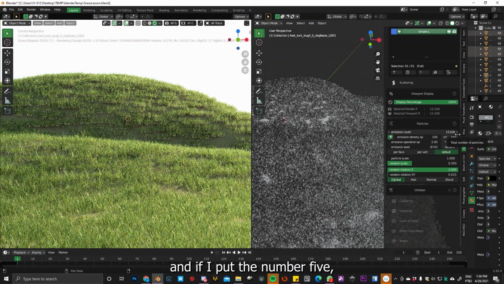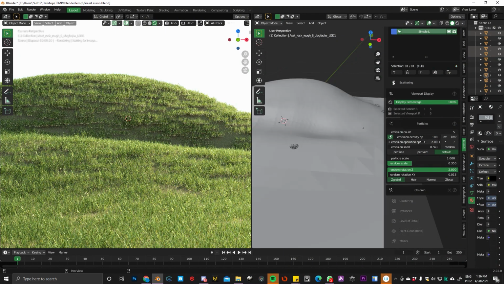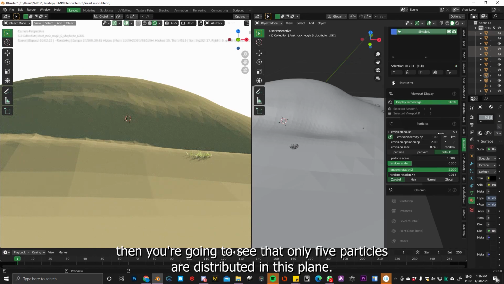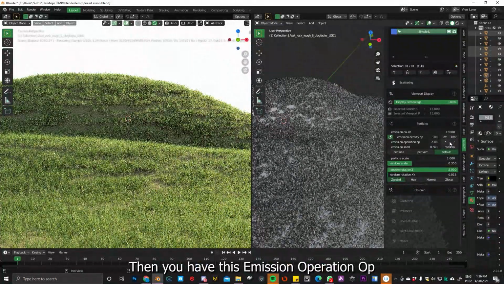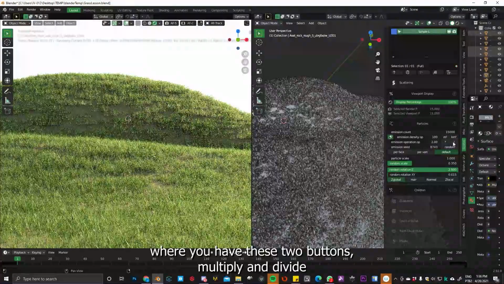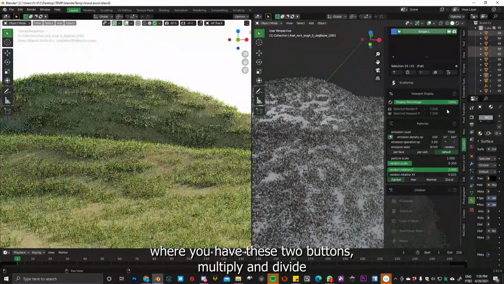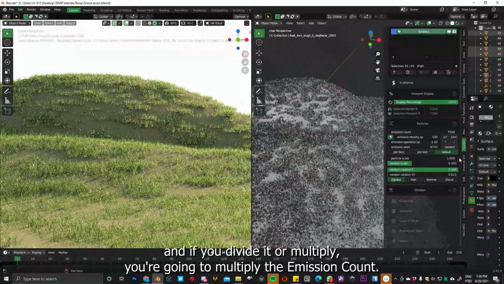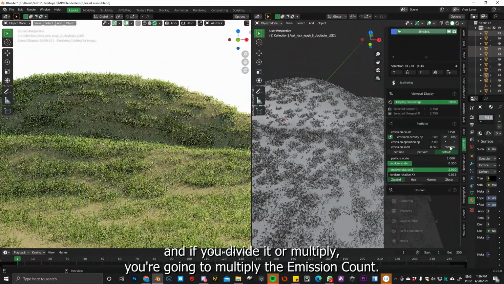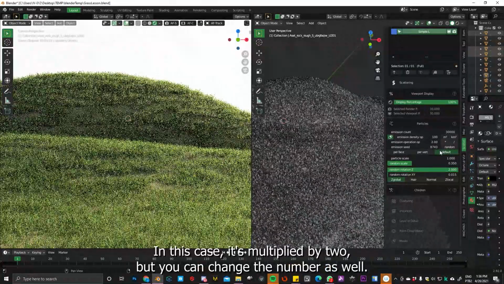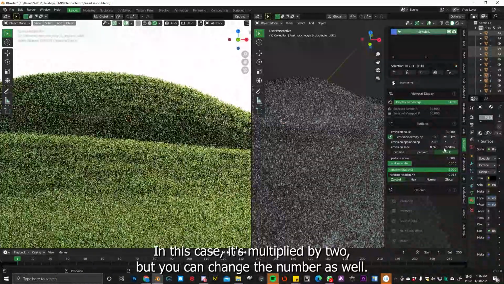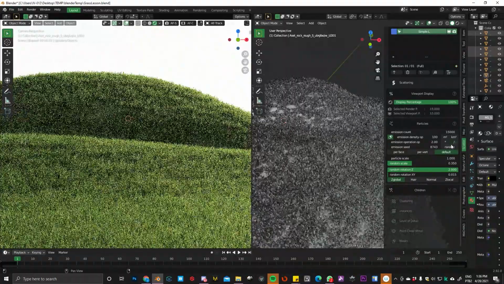And if I put the number 5, maybe, then you're going to see that only 5 particles are distributed in this plane. And then we have this emission operation, where we have these two buttons, multiply and divide. If you divide or multiply, you're going to change the emission count. So in this case, it's multiplying by 2, but you can change the number as well.